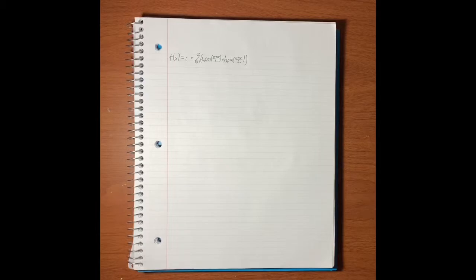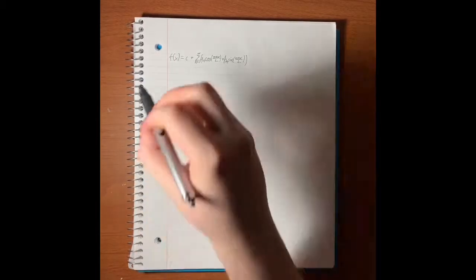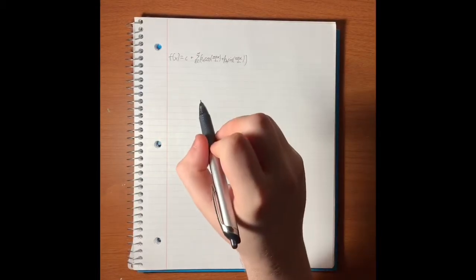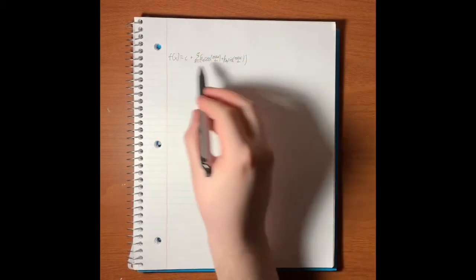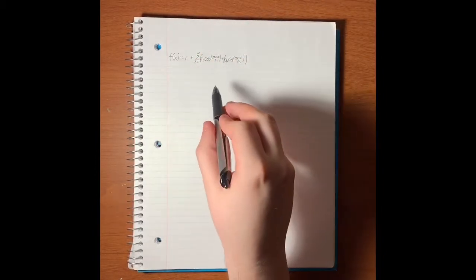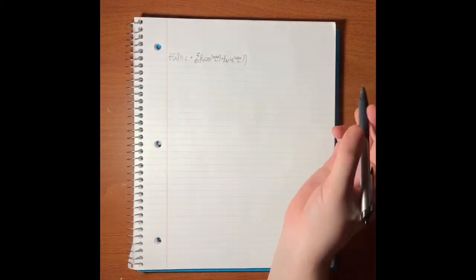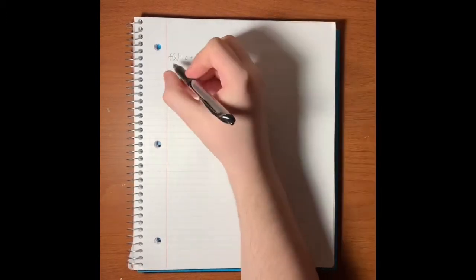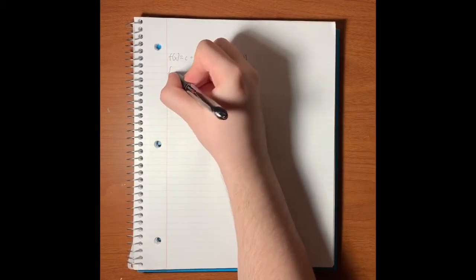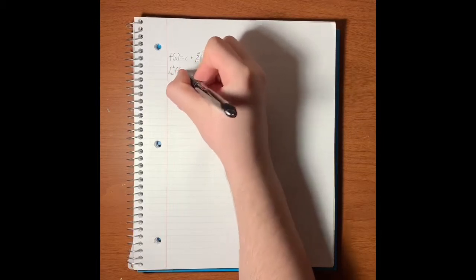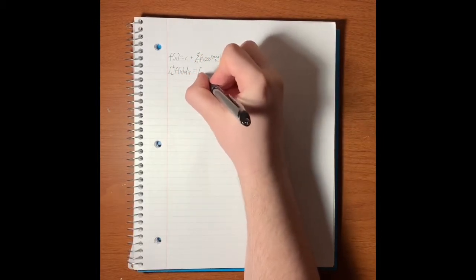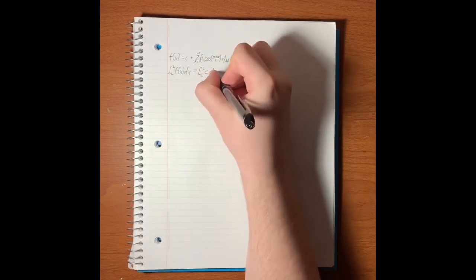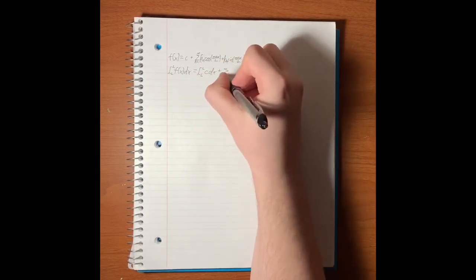So basically, how we're going to start is we're going to integrate both sides with respect to x from negative L to L. Because if these two functions are equal for all x, then if we integrate them over a certain bound, the value should be equal. So if we integrate this from negative L to L of f of x dx, that's going to equal the integral from negative L to L of c dx plus the sum from n equals 1